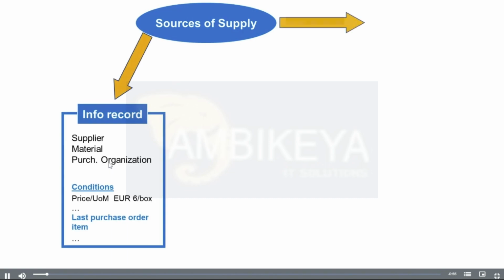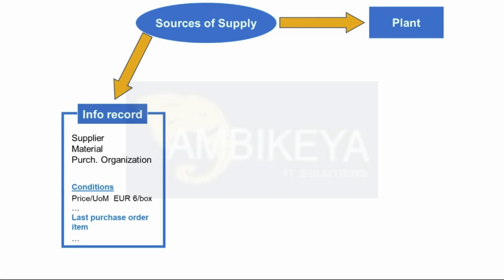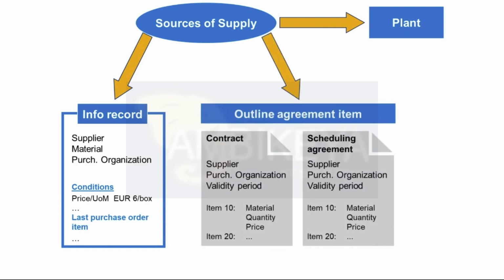A purchasing info record is a repository of information for purchasing. It contains data on a certain material and a supplier of that material. The information may include the current supplier price, the supplier's planned delivery time, and the name by which the supplier refers to the material. An outline agreement is a longer-term arrangement with a supplier for the supply of materials or